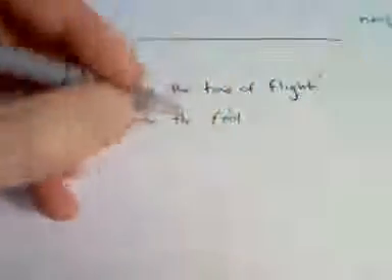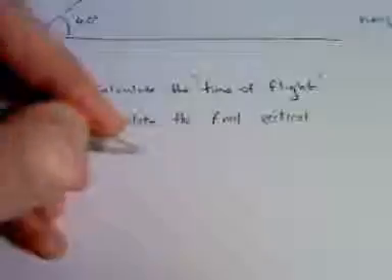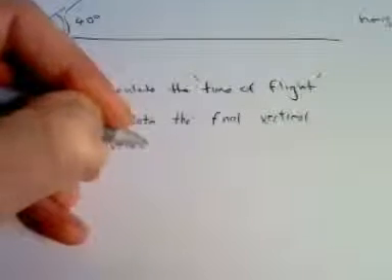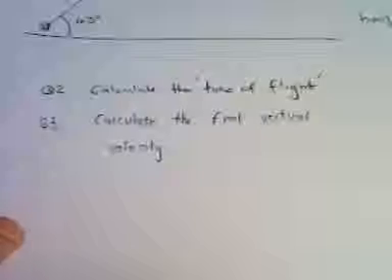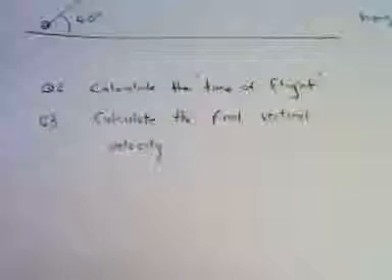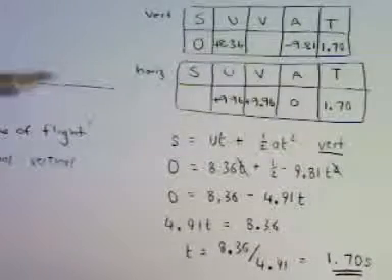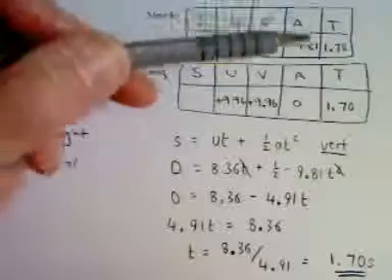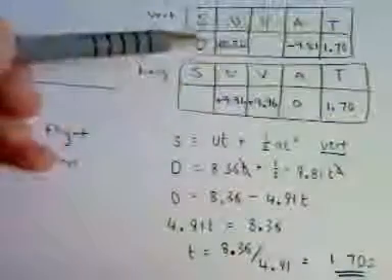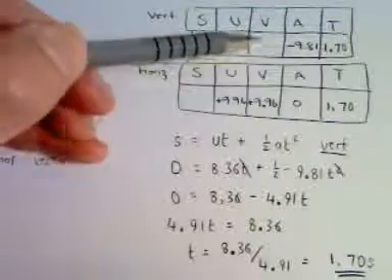Calculate the final, and by final here we mean just before landing, calculate the final vertical velocity. So if we go to our grids again, let's move up to the right hand side there. The final, meaning just at that point before landing, we want the final vertical velocity v here. Well, we've already calculated t, so we have 4 values in the grid, and we've been asked to calculate the